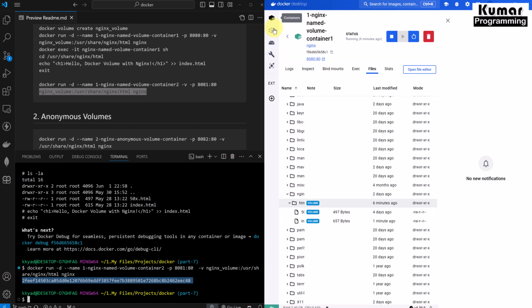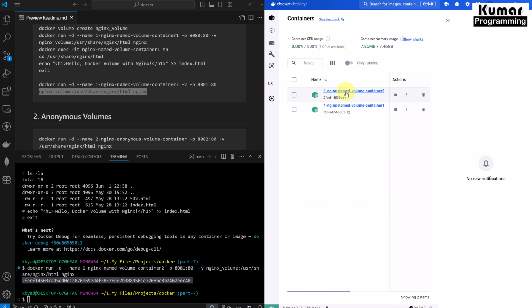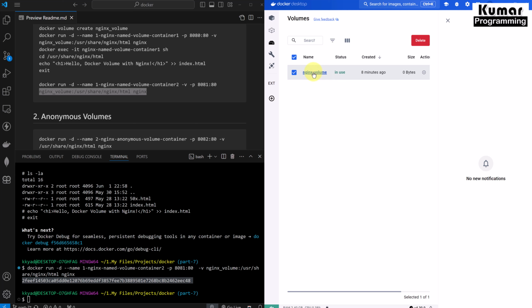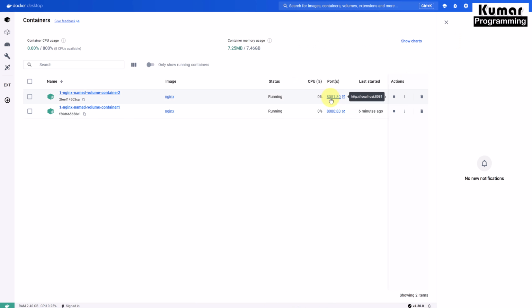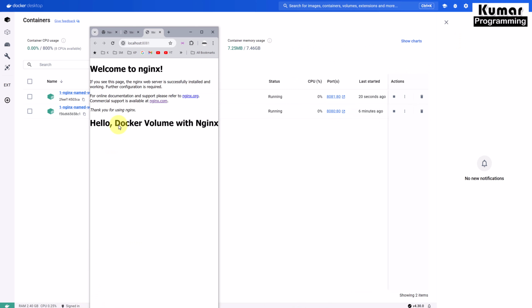So inside our Docker we have two containers, and both containers are sharing this shared volume. Our first container is running on 8080 port and the second container is running on 8081 port, and both containers are sharing the shared volume.